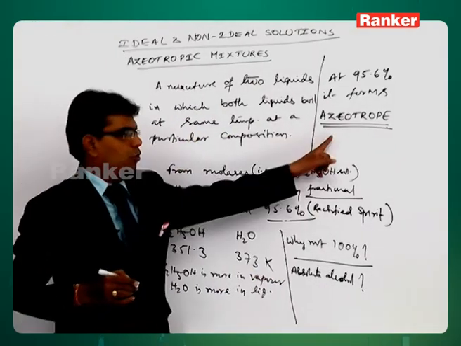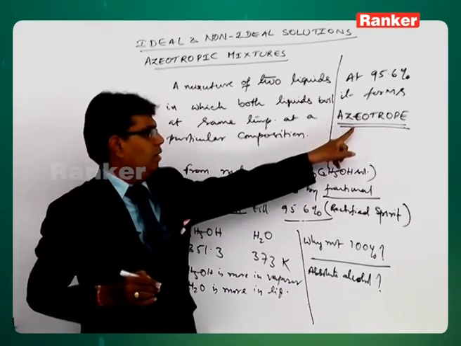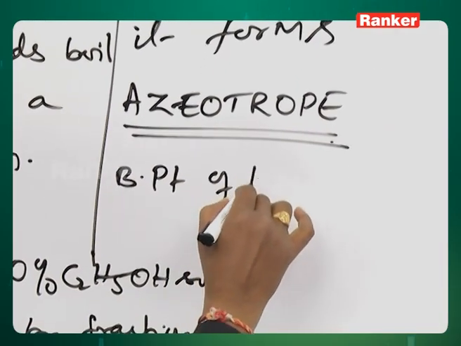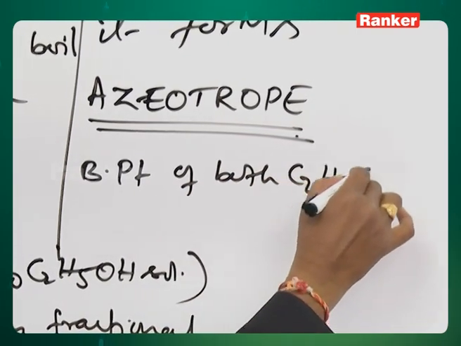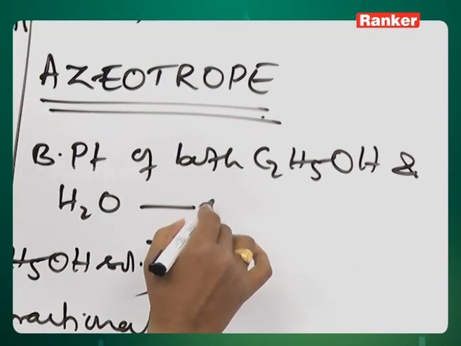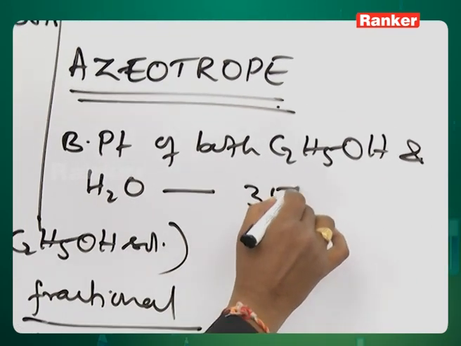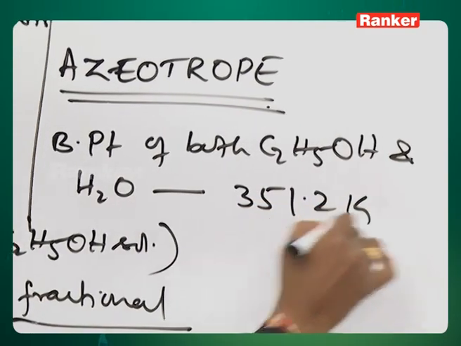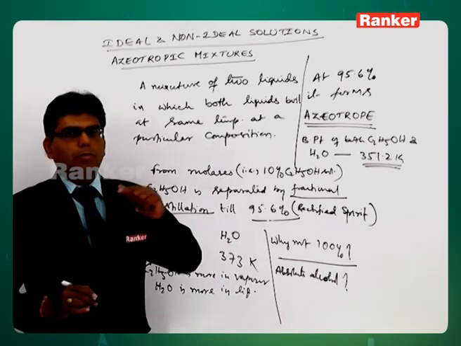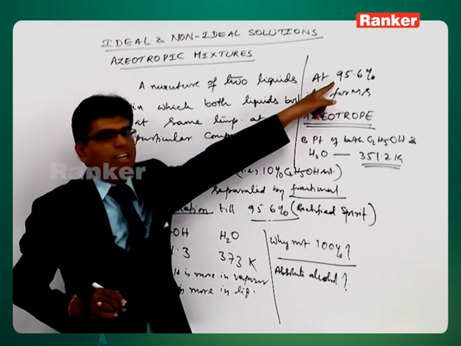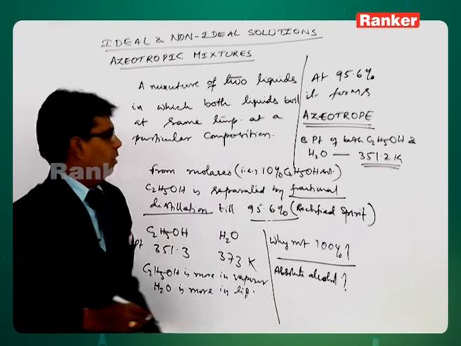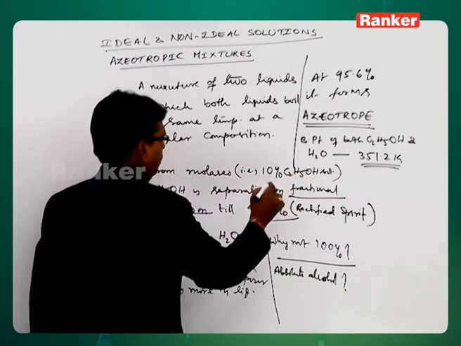It forms an azeotrope, means the boiling point of both ethyl alcohol and water is same, that is 351.2 Kelvin. Both will boil. So, by fractional distillation, once it reaches this particular stage, you can't separate out ethyl alcohol and water, because in this case the main important point is that